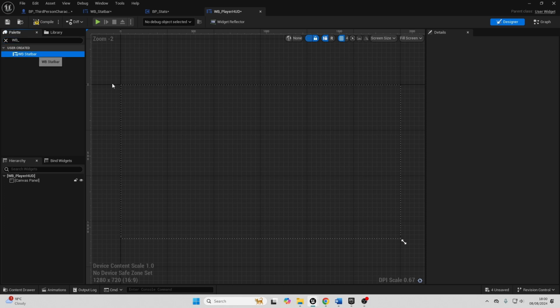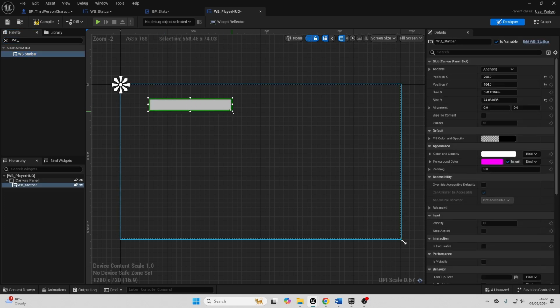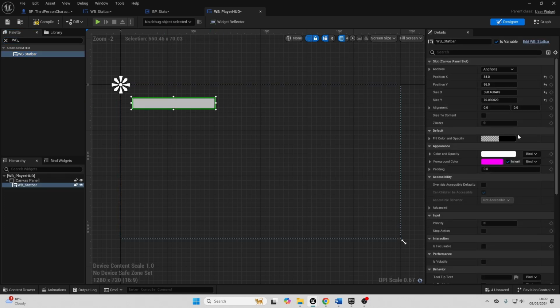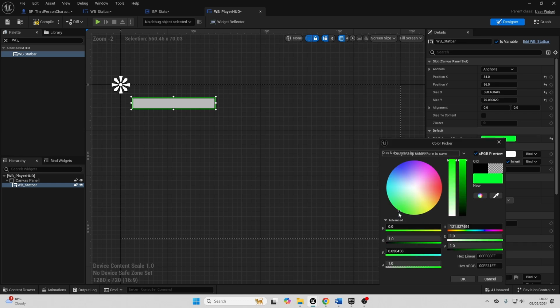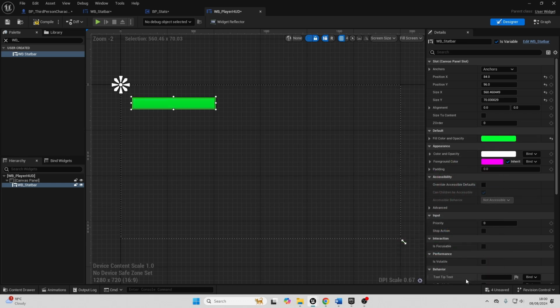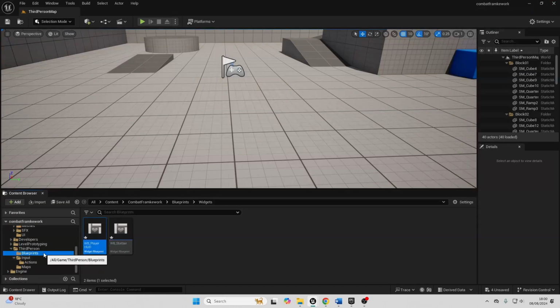Now if I go back to my player HUD, I will drag in my widget blueprint underscore stat bar. Let's expand it a bit. And then let's make it green because I think that's the color of the stamina bar in Dark Souls. And now if I just compile this, close this, and I go back to my third person character,